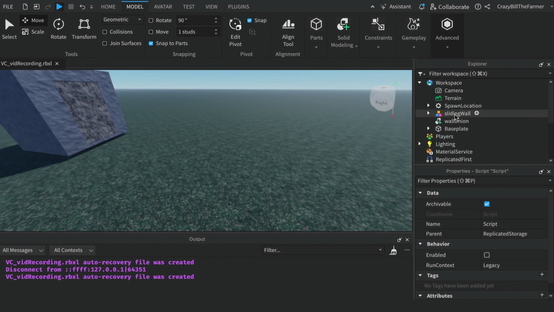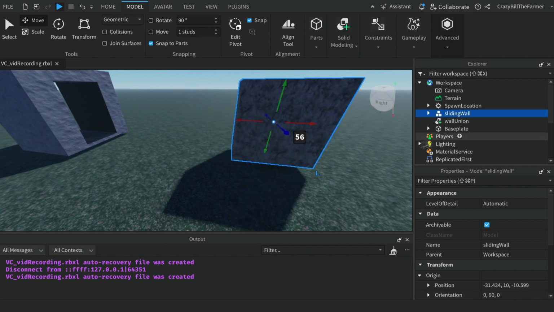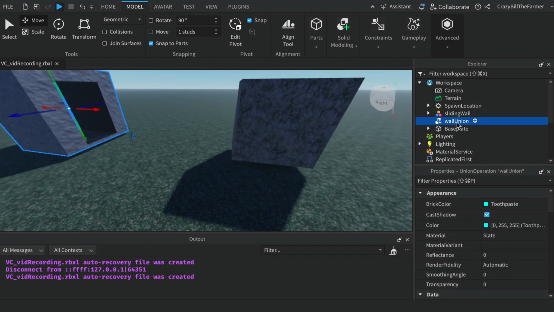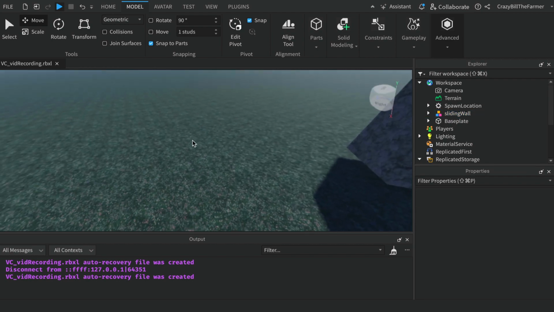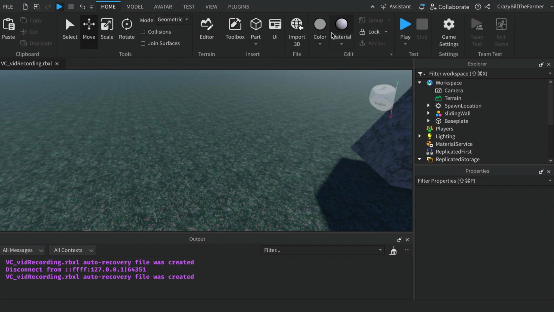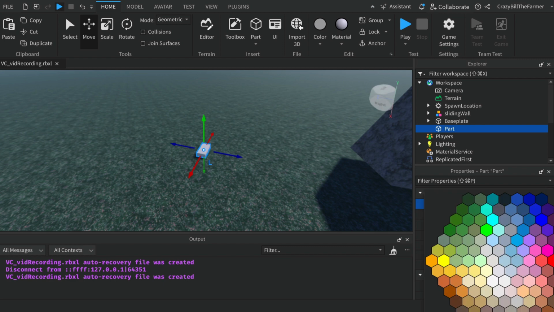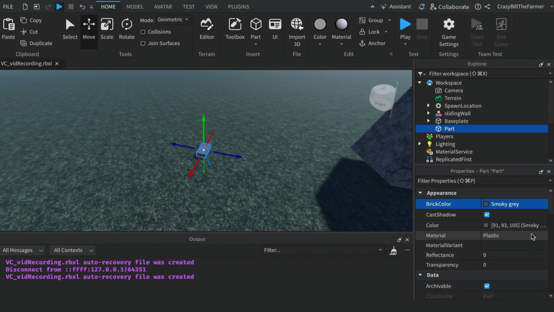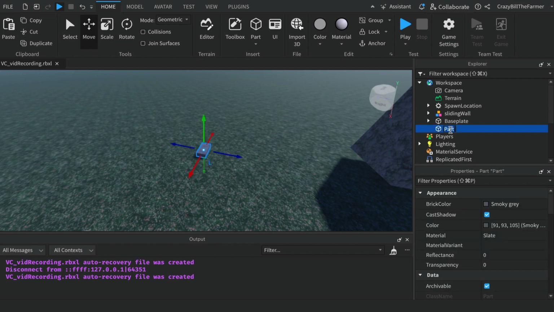So once we have that, just take your sliding wall and slide it out so that it's separate to this other wall here, and we can get rid of that small wall union part and we'll create a new one. Alright, so let's create a part, just a standard part, and you can give it the same sort of settings you did before if you like, with a slate or rock or whatever it is that you might want to use. And we'll call this part wall once again,